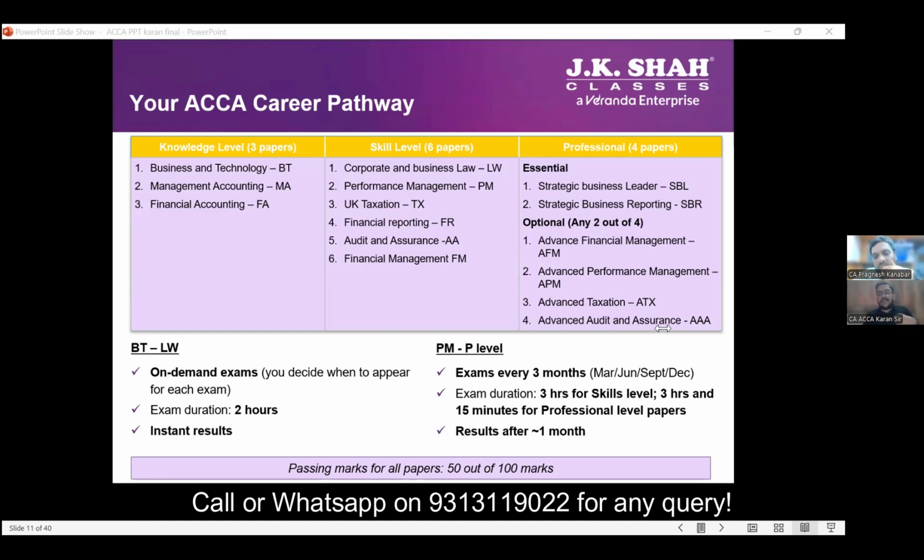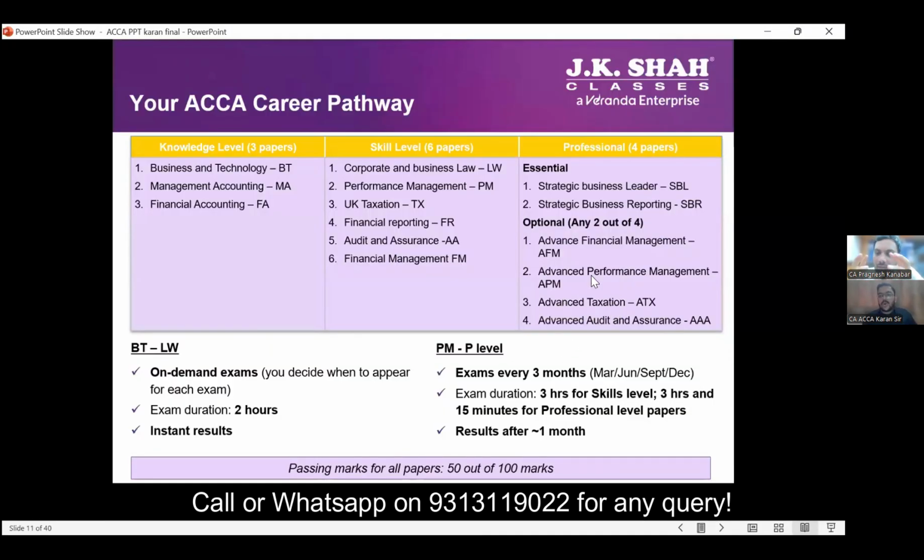Descriptive questions do not mean that a student will have to rote learn and give the answers. We all are chartered accountants. We know how to learn things. But here, the ACCA Institute does not believe in rote learning. ACCA Institute says we are going to test a student not on learning capacity, but on the analytical capability of the student. Basically, they are going to test you on a case study basis.